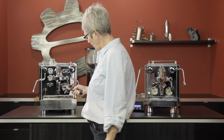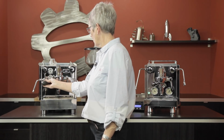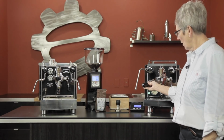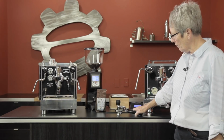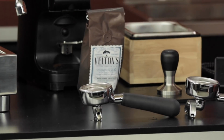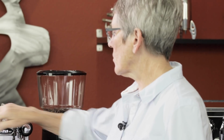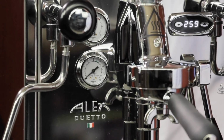60 dribble over the front of the machine. 58 millimeter portafilter, which is the same on the Rocket. 58 millimeter portafilter, a little different handle style. This one is going to give you a tilt, so you want to hold it as you're tamping. This one has a tilted handle so that when you're tamping like that, you're pretty much going to be straighter up. 2 manometers, the same over here, where they tell you what's going on inside the boiler,